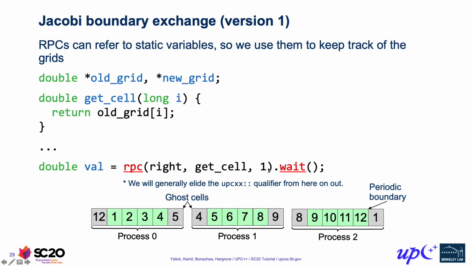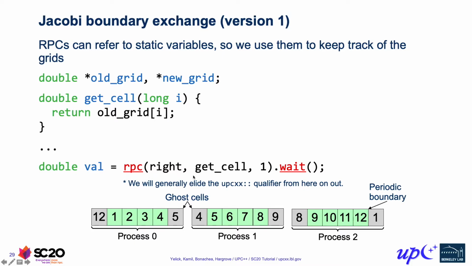And again, what RPC does is we get back a future that represents the result, and we can wait on it as we're doing over here to wait for the operation to complete so that we get the resulting value, in this case, the value of the cell. Now I'll mention that from here on out, we'll generally elide the UPCXX qualifier just to make our slides a bit more readable, but we'll still maintain that UPC++ names are in red